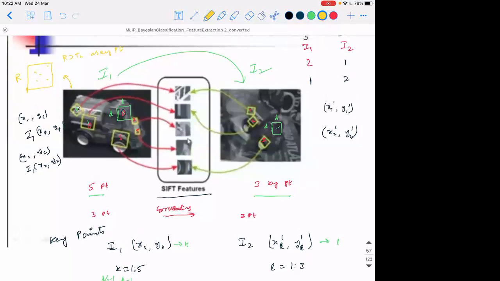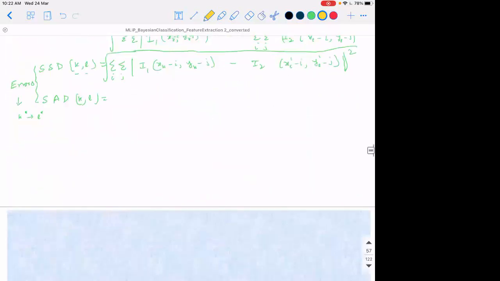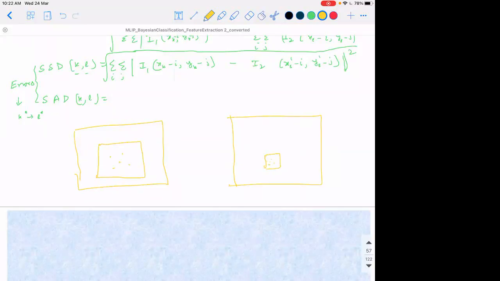Is the next question. See, for example, if you have one image wherein the object is occupying this much space or this much region, in another image where the image size is the same, but the object is occupying only this much. Now I have found 4 key points here or 5 key points here. Here also I might have found 5 key points. But still, if I keep the patch size here to be 5 cross 5, do you suggest me to put 5 cross 5 here also?